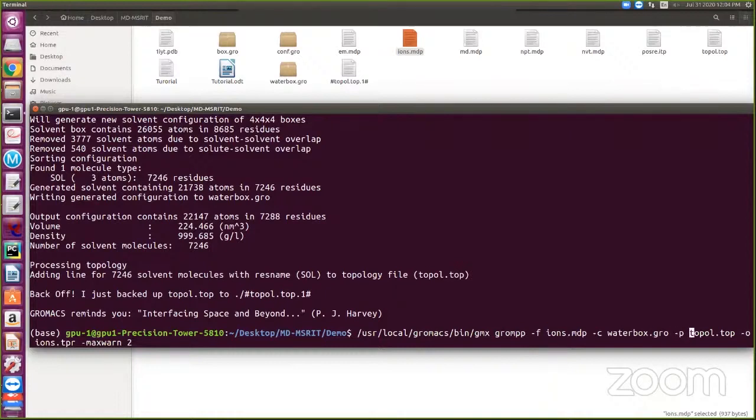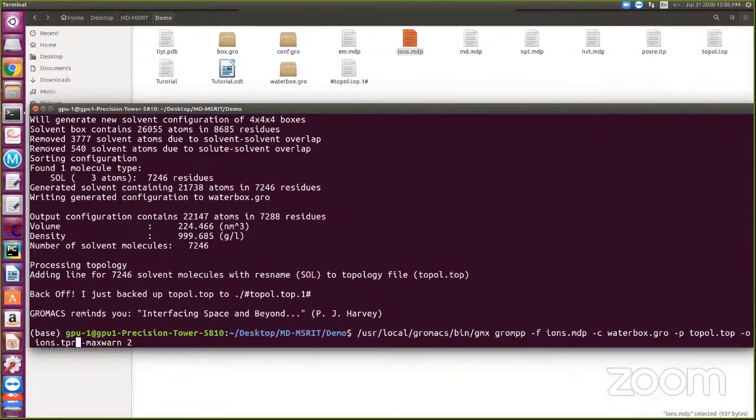Why am I giving -p topol.top every time? Whatever I'm adding should be added into topol.top, so how many NaCl I add will automatically go into topol.top. My output file is ions.tpr. It is a very important file. TPR is the executable file for performing all kinds of analysis. So I have to create the ions.tpr file.